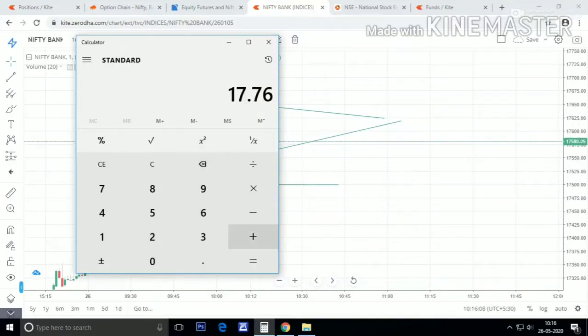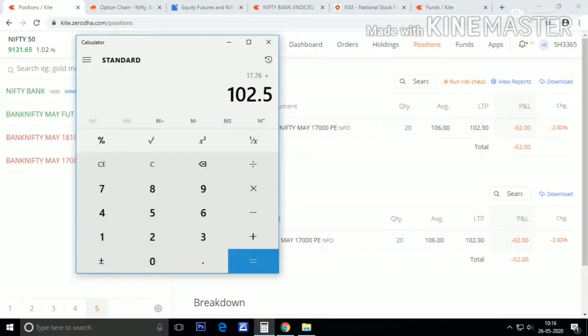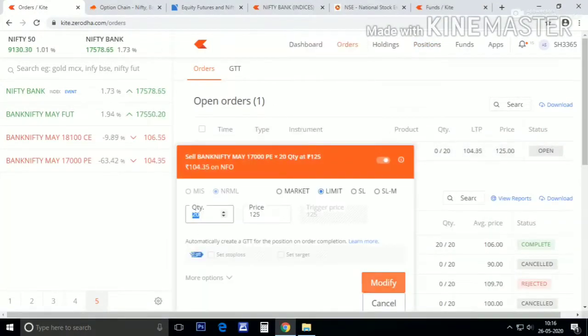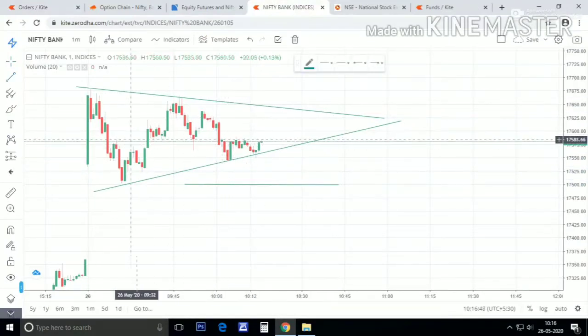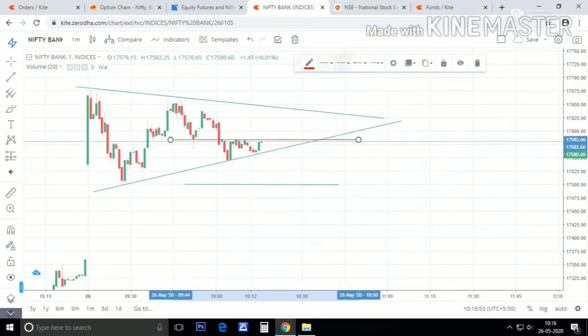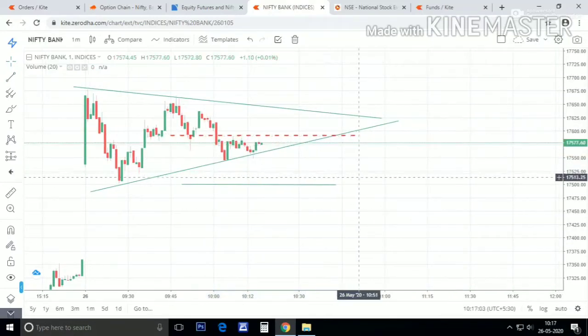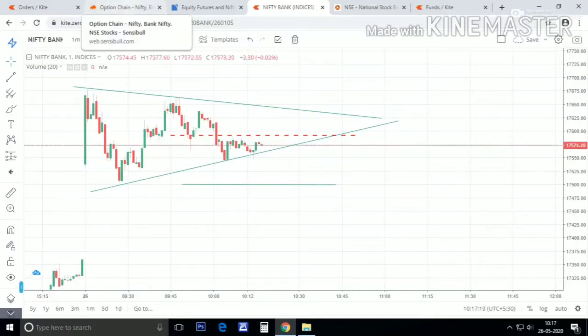You can clearly see 70 rupees is a stop loss. I'm calculating the stop loss according to the put delta. If the put goes up, I will look into that and create a stop loss out of it, because if you buy an option premium, you can't give a stop loss to it if you haven't bought it in an MIS order, like a CO order, cover order or bracket order. Then you can do that, but without that, the target order is tough to make.